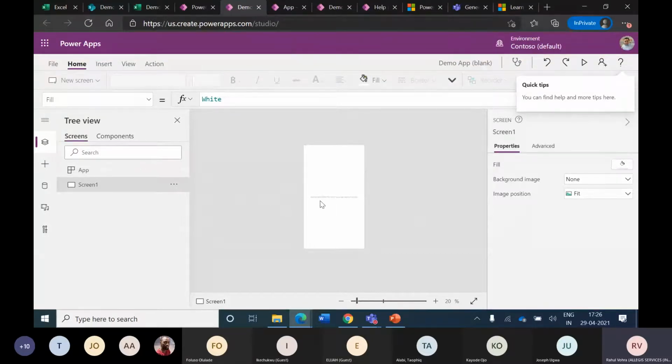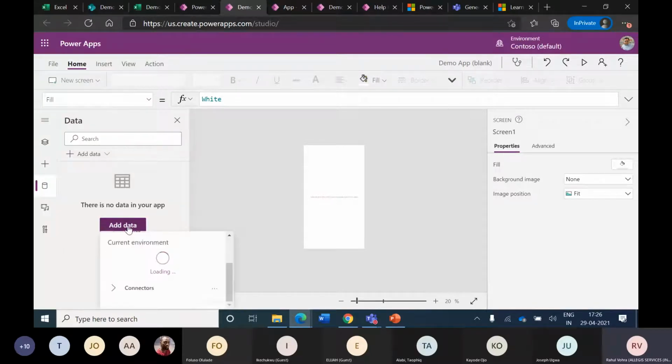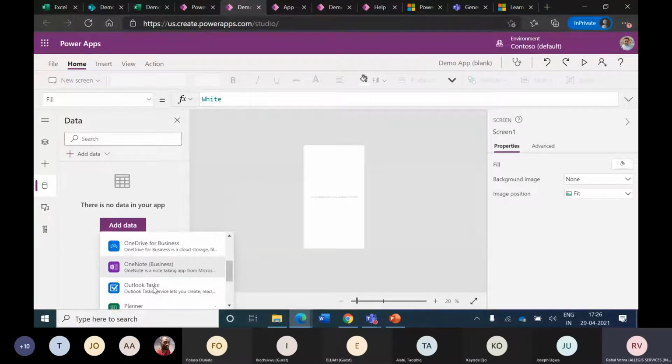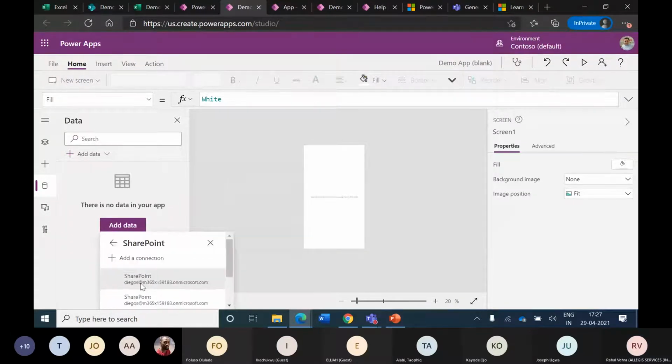Now when we do it like this, obviously we have to add a data source to this, which we will look for by clicking on data and then looking for a connector. We talked about this initially. I'm looking for a connector which can help me connect with SharePoint.